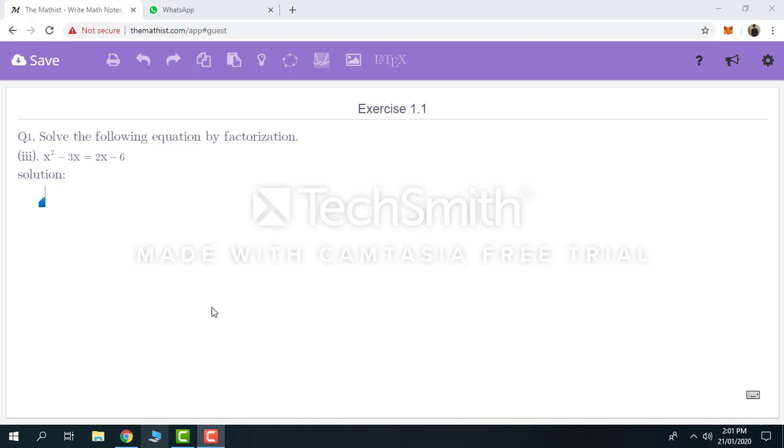First of all, you have to move all the things which are on the right hand side to left hand side. So let's start. We have x square minus 3x. So if we move 2x from right hand side to left hand side, the sign of 2x will be changed. Here 2x is positive. If we shift it from right hand side to left hand side, its sign will be negative